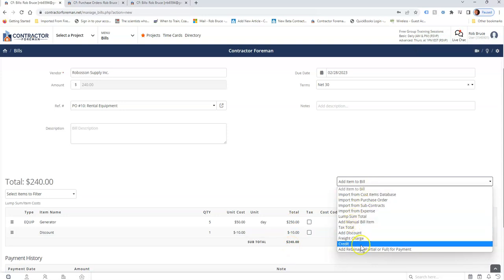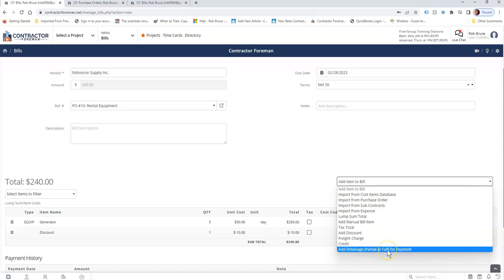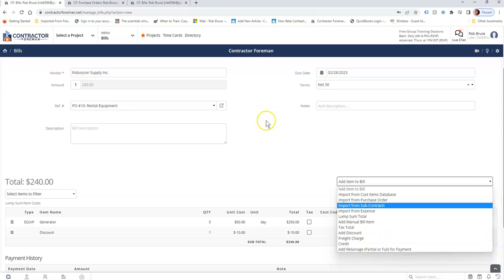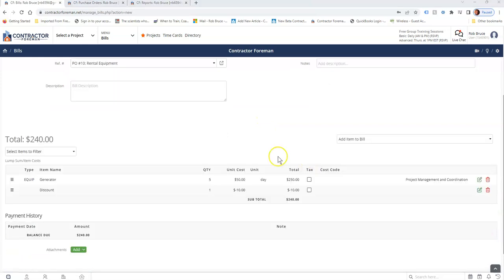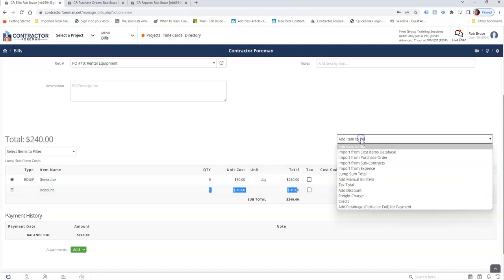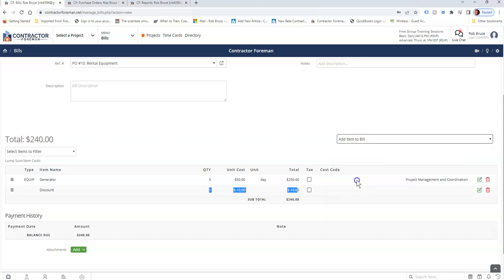I can add in a freight charge or a credit or add retainage, full or partial for payment. Generally, you're not doing retainage on a bill, but you can because we do hold retainage on subcontract. So, in the other way, we have our discount that we added there using the discount feature in the drop down. But the other thing I can do to add a negative line item is I can use add manual